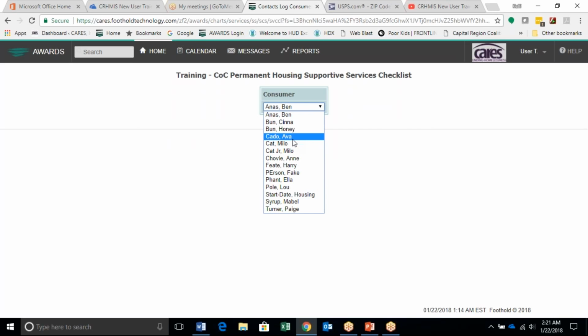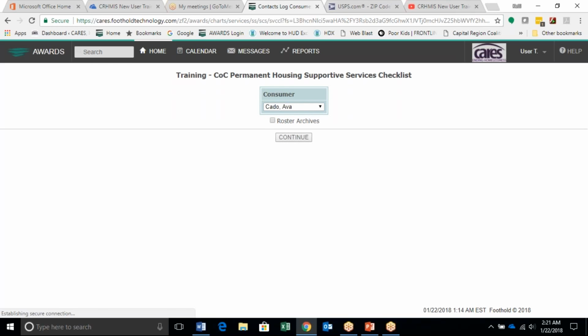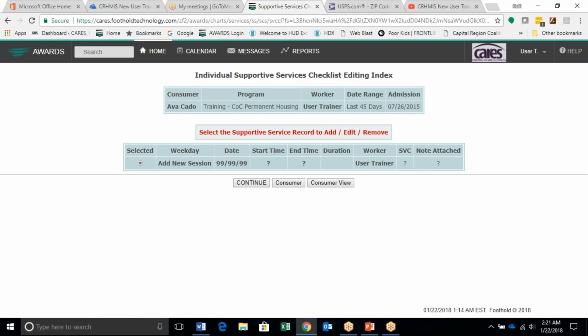So I'm going to select Avocado. I'm going to click on continue. And now contacts in this program, it's set to the last 45 days. So if any notes had been written within the last 45 days, they would display as a list right here. But there hasn't been because we're really behind on data entry. So I'm going to click on continue,